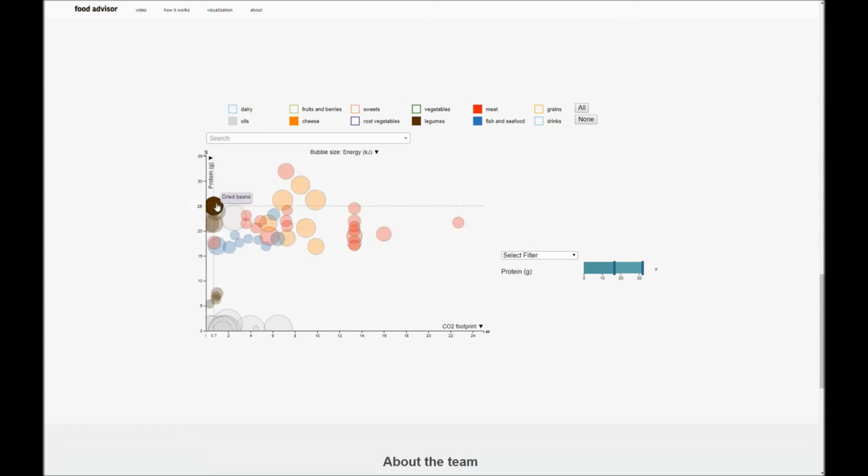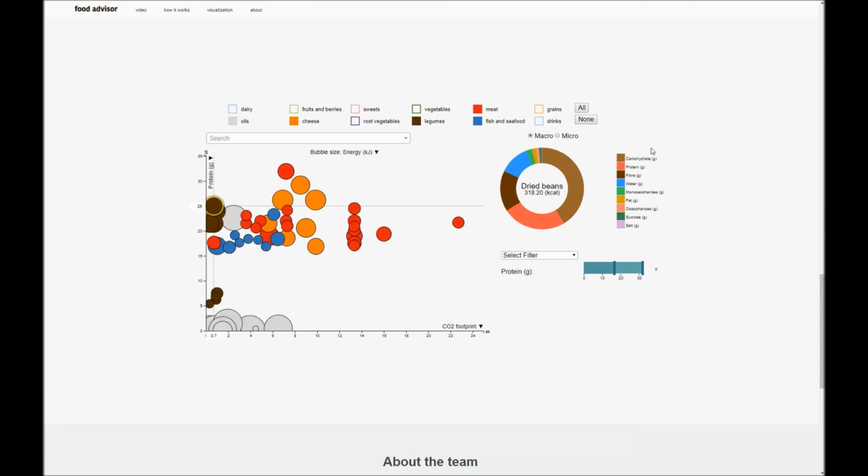So you've seen I'm able to, for example, get details on demand on dried beans. And here we have macronutrients like carbohydrates, protein, fiber, water, monosaccharides, fat, disaccharides, sucrose, and salt. Or I can go to micronutrients over here. And I got potassium, folic acid, phosphorus, magnesium. These are micronutrients because we're measuring this stuff in milligrams. Whereas over here we're measuring